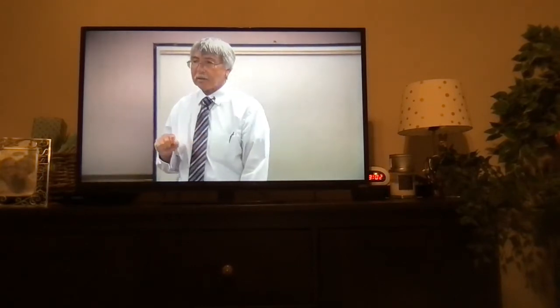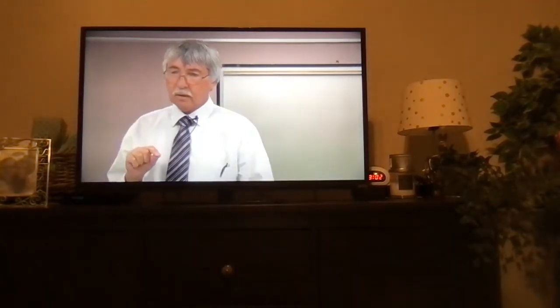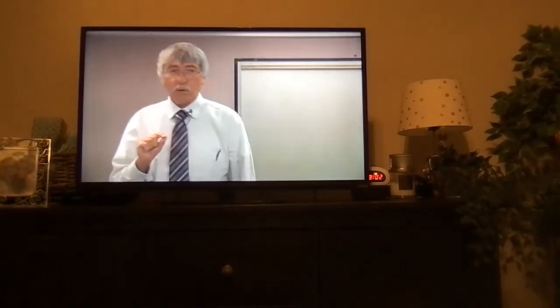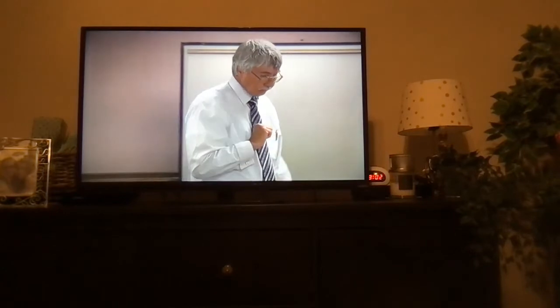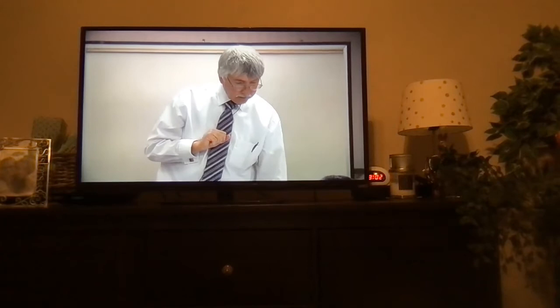A true experiment needs three things. A true experiment needs a control group, an experimental group, and random assignment to each. Those are the three minimum sorts of things to have an experiment. At least one experimental group, one control group, and random assignment. Okay. Now, on top of the next page, I have another example.